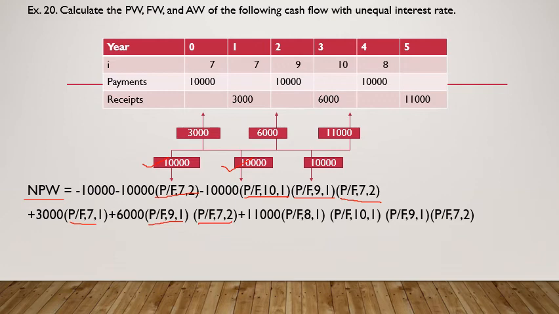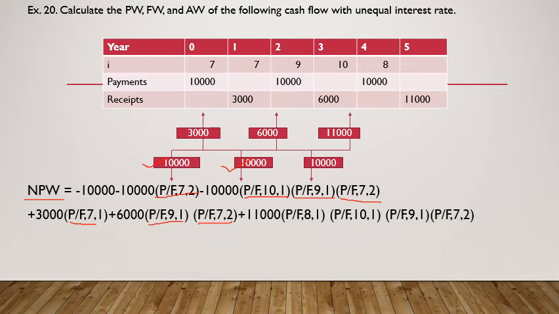And then the last one, which is at the end of the fifth year. See, between 4 and 5 it is 8, 3 and 4 it is 10, 2 and 3 it is 9, 0 and 2 it is 7. All the 4 factors will come into picture here. All the 4 rates of return will come into picture here.